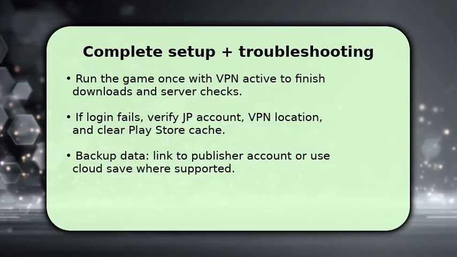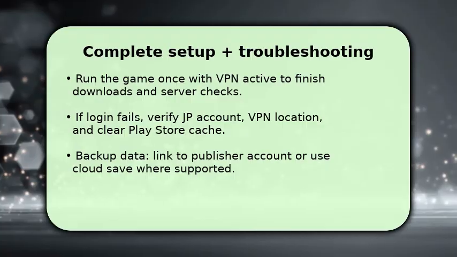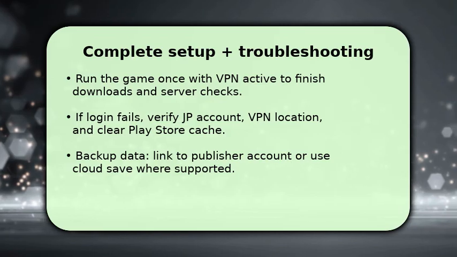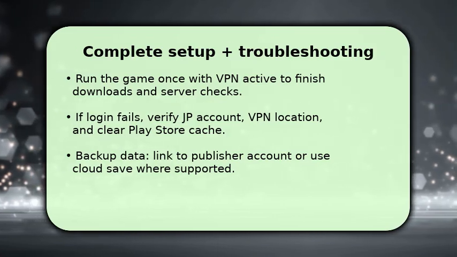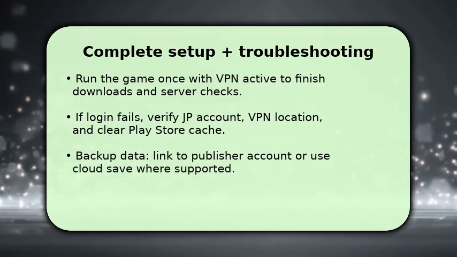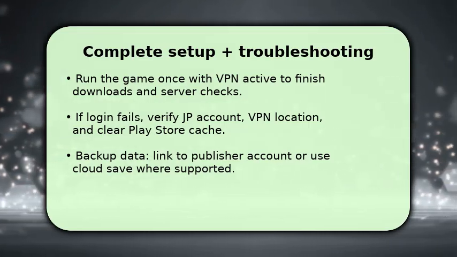If you encounter errors, first reconnect the VPN to a Japan server, confirm the JP Google account is selected, and clear Play Store cache or reinstall the app. If content stalls, retry with a different reputable VPN endpoint. One change often resolves region